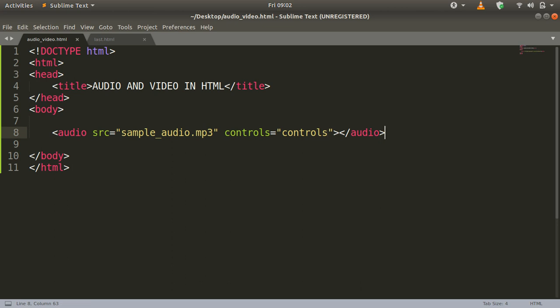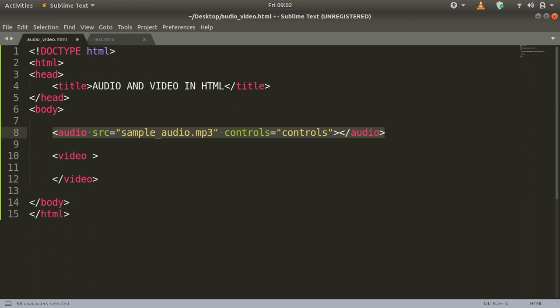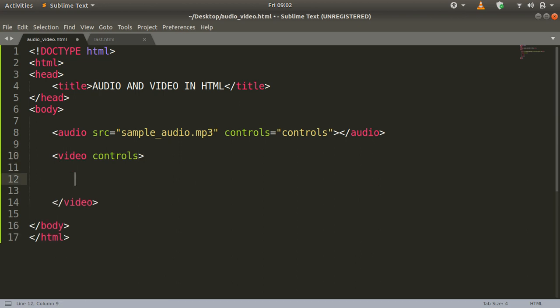So just similar to audio we can do it for video. You just have to use a video element and hit tab. Okay, inside of this video let us do something new. You can always do it like this, but let us try a new thing here. So we are going to just write here controls, and this time we are not going to give any value. Inside of this video element we can use source, which is going to define the path from where we want the video. So I have a video from my previous sections, which is the tables section,